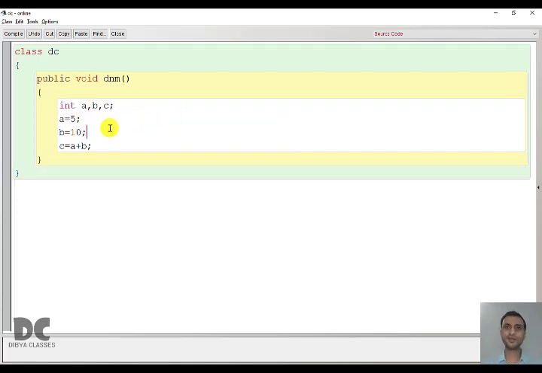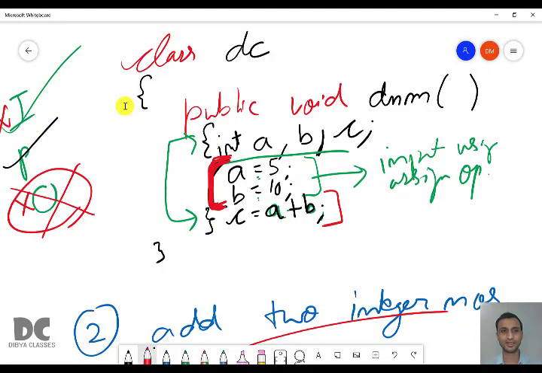So this is the program when you already know the value. This is called input using assignment operator, and this is the processing part, and this is called the declaration part. So in Java, the program can also be divided into 4 parts, you can say. Actually, all types of programs, it can be of any language, all computer programs are divided into 3 parts. But in Java, if you want, you can also divide into 4 parts.